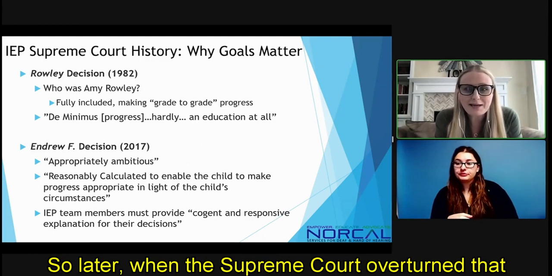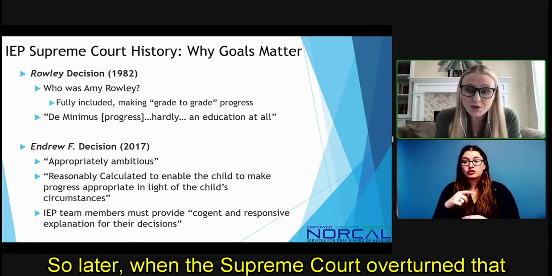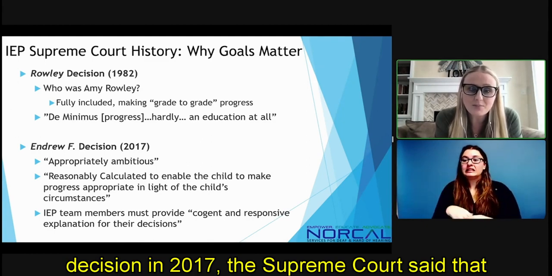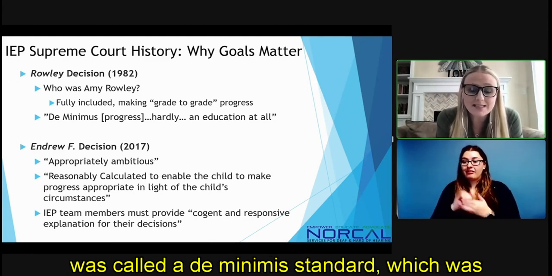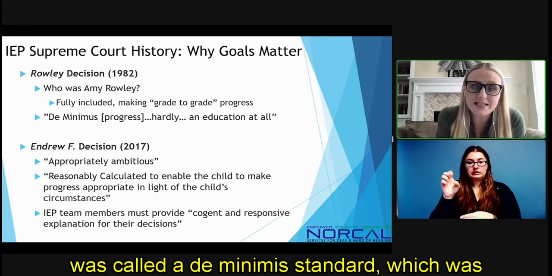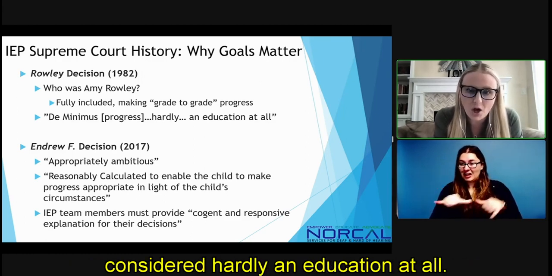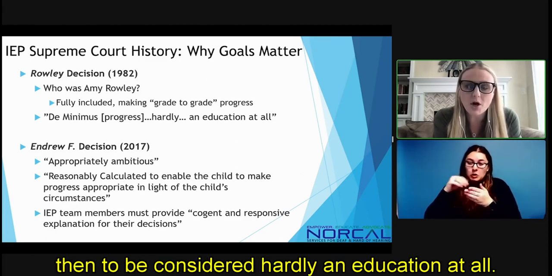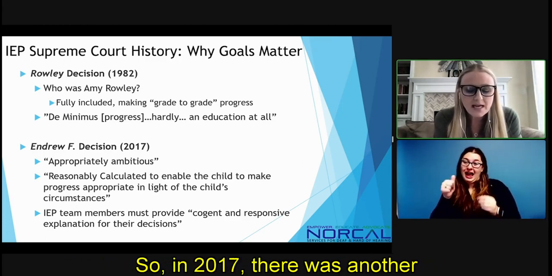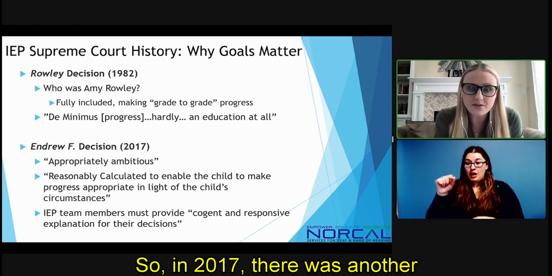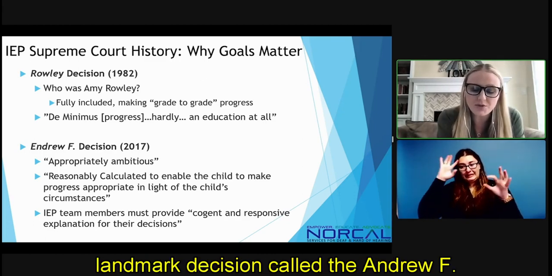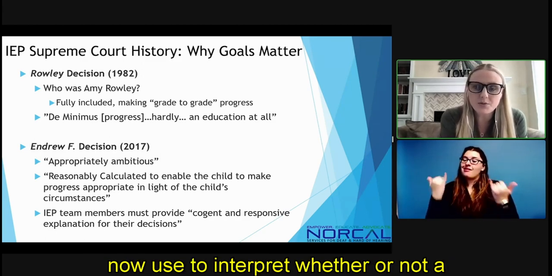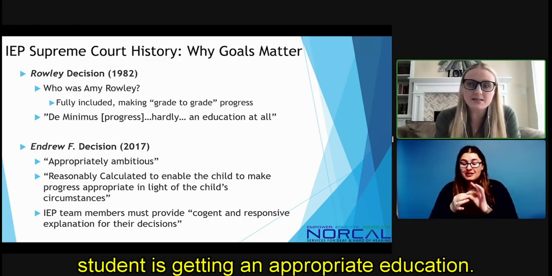So later, when the Supreme Court overturned that decision in 2017, the Supreme Court said that was called a de minimis standard, which was considered hardly an education at all. So to do the bare minimum for a student was then to be considered hardly an education at all. So in 2017, there was another landmark decision called the Andrew F. decision. And that is the standard that we now use to interpret whether or not a student is getting an